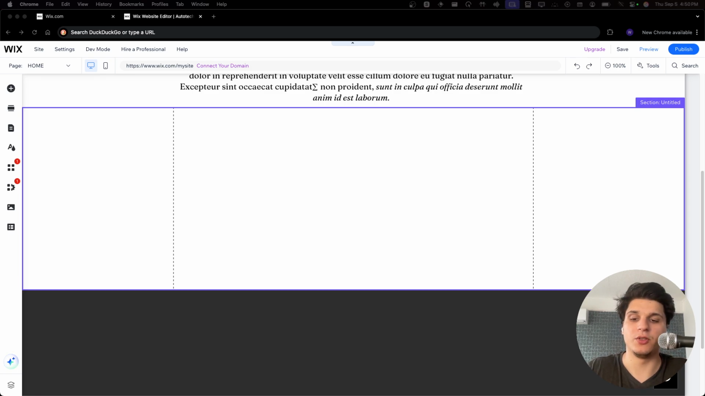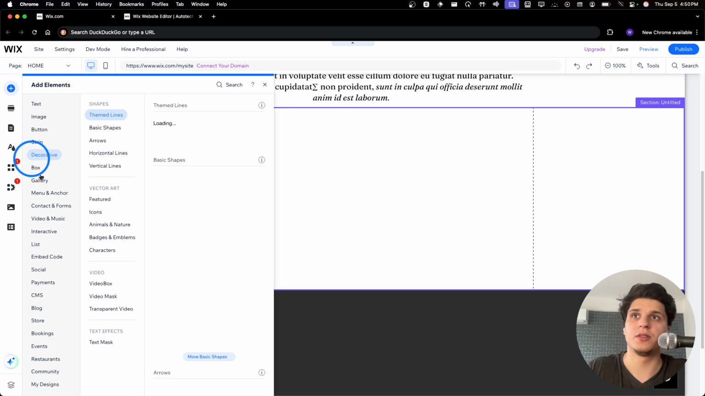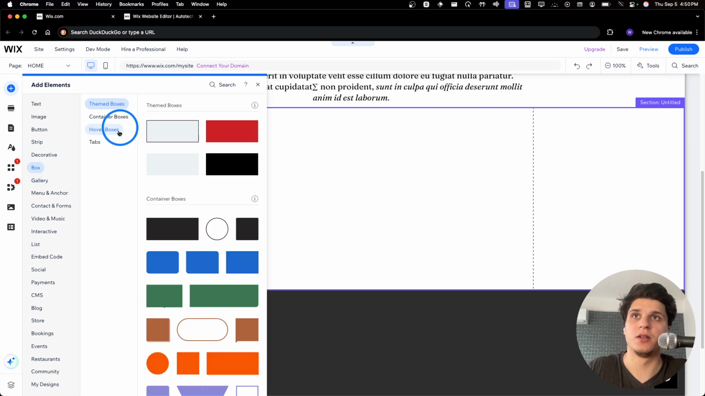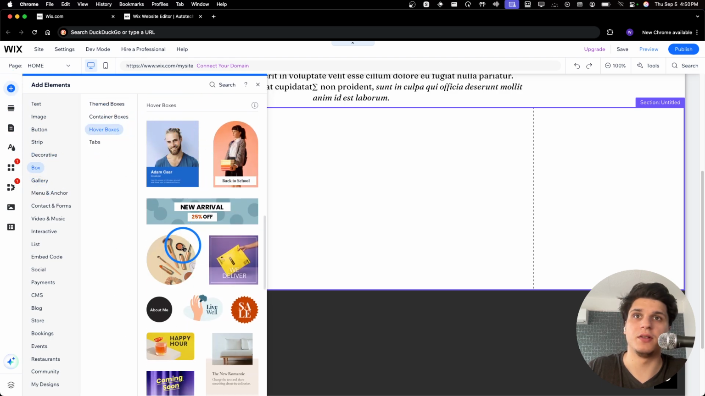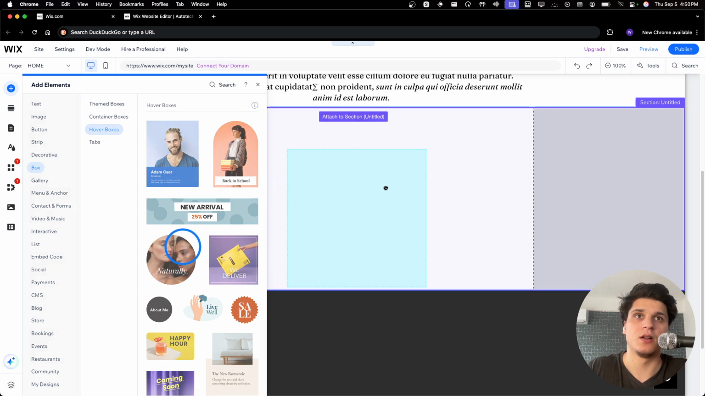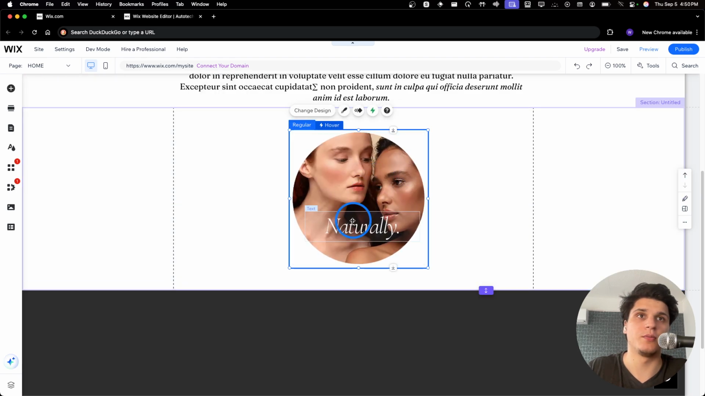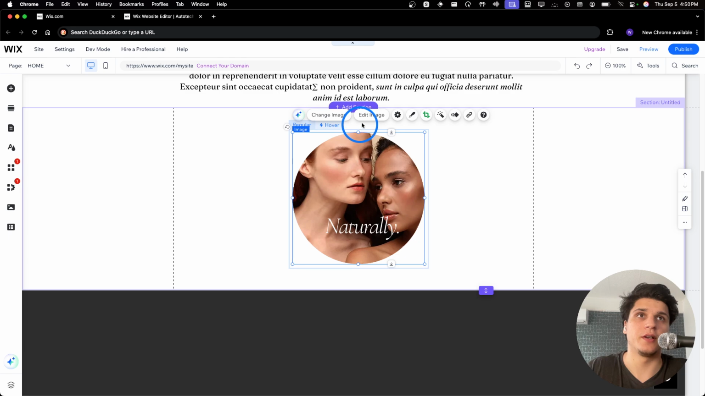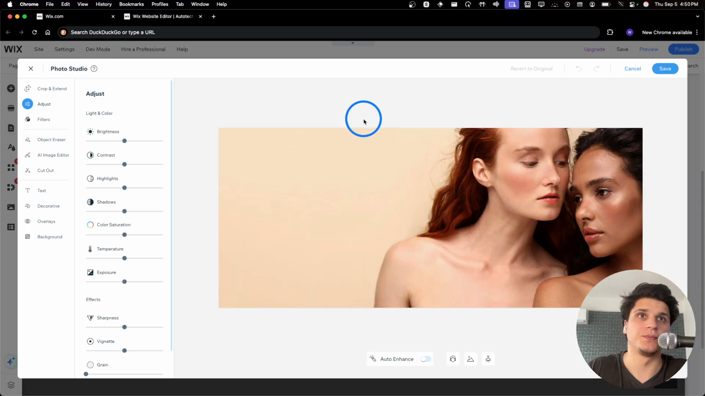How to add image zoom effect on Wix website. So I'm just gonna go here, I'm gonna grab a box hover container, and then here we have different hover containers. I'll grab this one, drag and drop, and then here if I go to edit image, I can edit